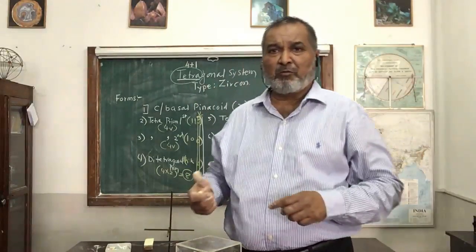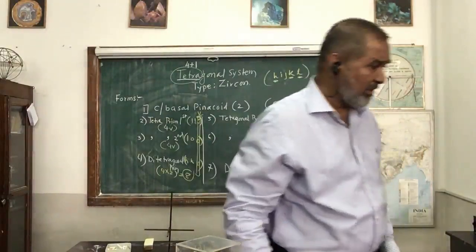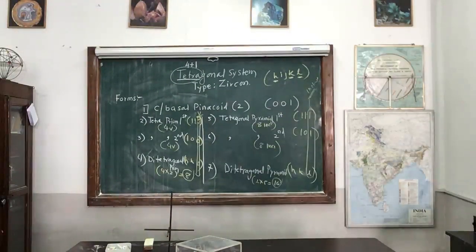Now coming to the next one, we'll do the exercise about the models belonging to the tetragonal system. Yes, I will bring out the model. Just concentrate on this: the models belonging to the tetragonal system have 5 planes, 5 axes, and out of the 5 planes, 4 will be vertical, 1 will be horizontal, and the next one 4 of 2 fold, 1 of 4 fold symmetry, and center of symmetry is present. So this is what you have to make out, otherwise it will become difficult.